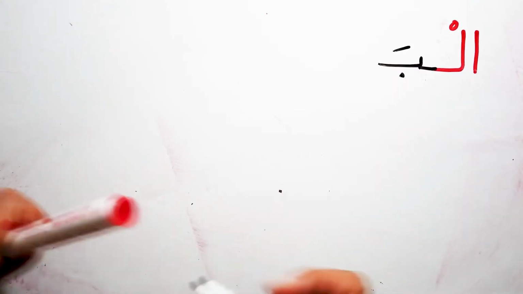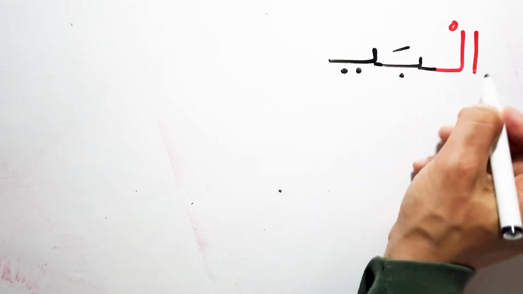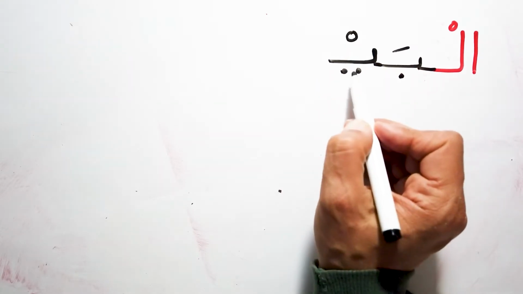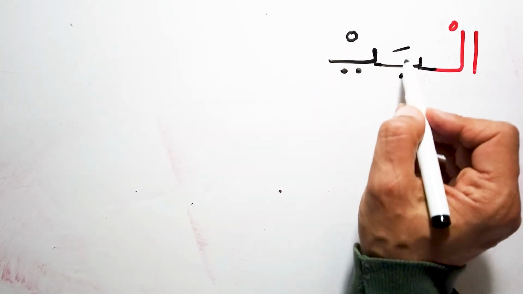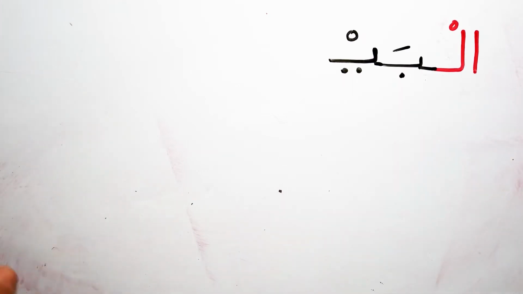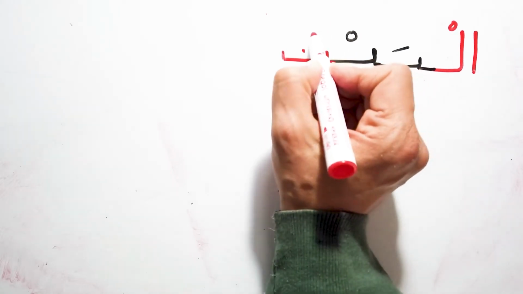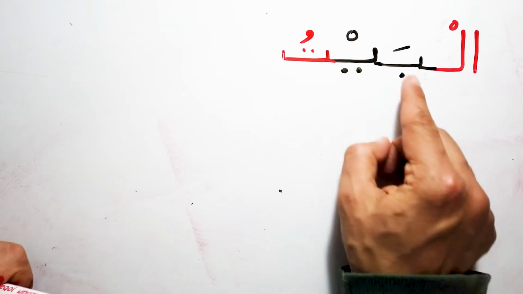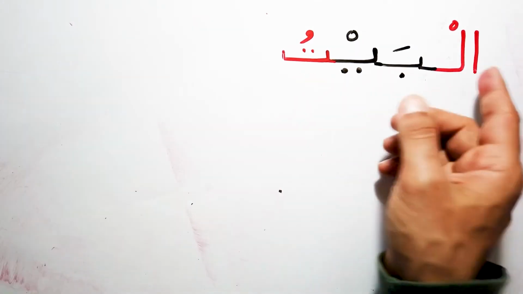And then I say al bay. That one sounds like ya. Al bay. And I must add this sukoon on the top, so I have to pause here. Al bay. Then I have the sound of T. That mark sounds like O. Al baytu. Don't worry, I'm gonna review each single letter and all these marks again.